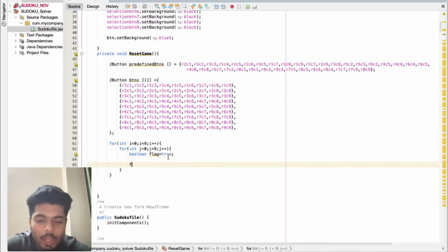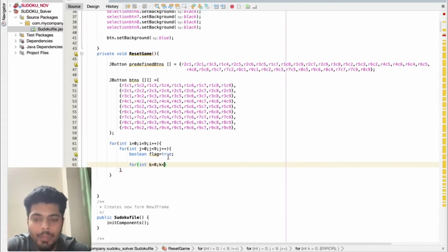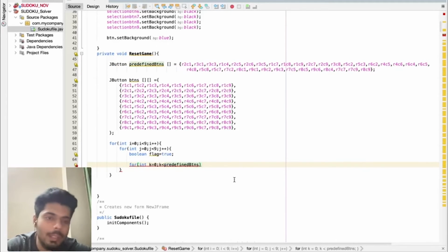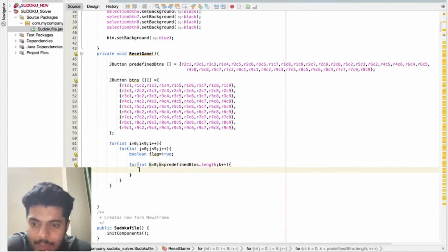So I'm gonna deploy again a for loop which is gonna iterate over the predefinedButtons 1D array, up to predefinedButtons.length, and k plus plus. Okay, this seems very good.